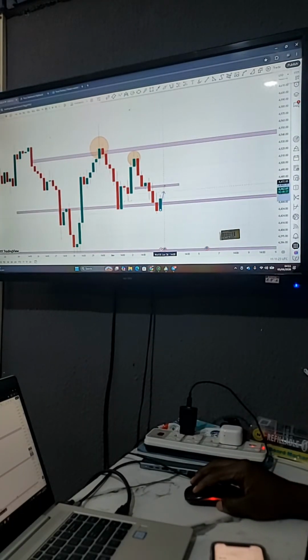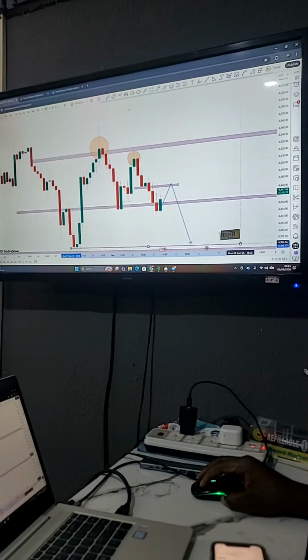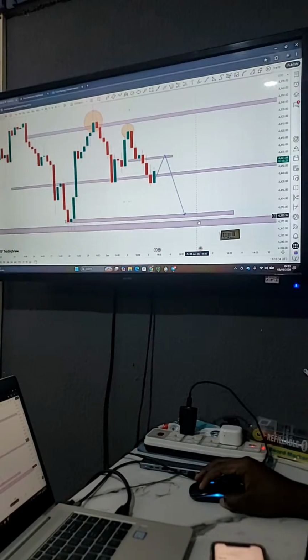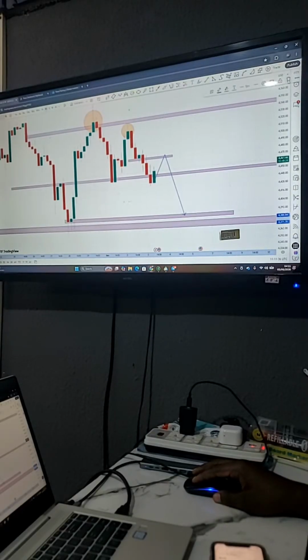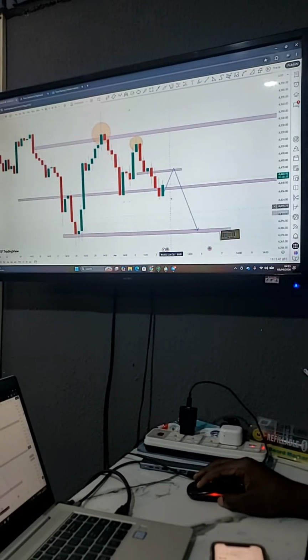The market should buy to this place, gather momentum from here, pick a sell, and come down to this particular place right here. So I have these zones well marked out on the 4 hours time frame. Now, for the pullback that I am currently anticipating the 4 hours time frame to do,